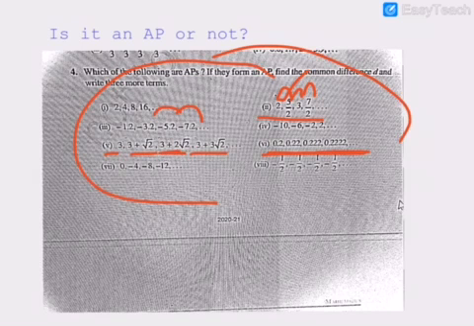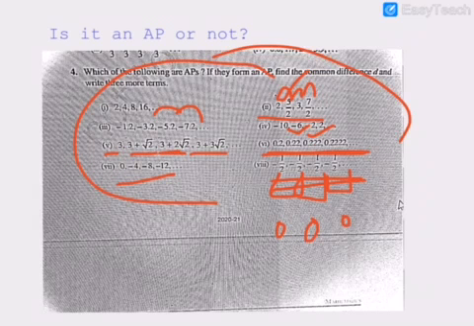Here if you see 0.22 minus 0.2, this is 0.02, whereas 0.222 minus 0.22, if you do, you will get 0.002. So you will not get the same value every time, so you can write it as not an arithmetic progression. Similarly here, all terms are the same, so if you do a2 minus a1 you will get 0, a3 minus a2 you will get 0, a4 minus a3 0. So for all the terms when you check, every time you are getting 0, so you can write it as an arithmetic progression.